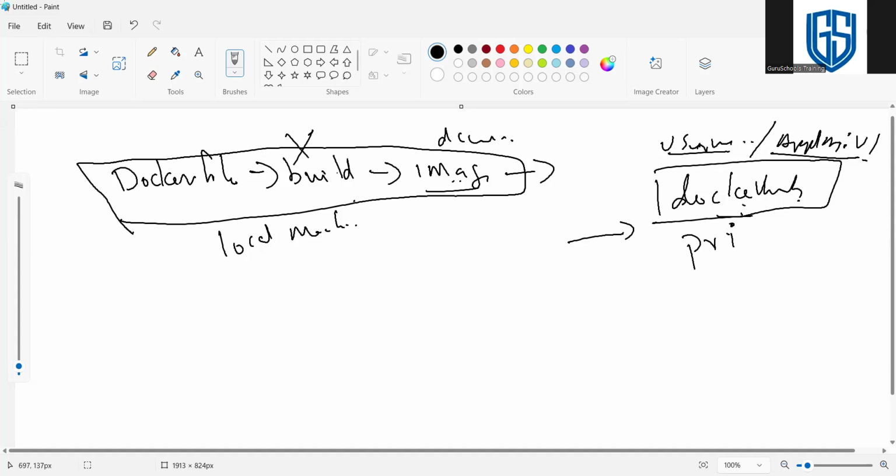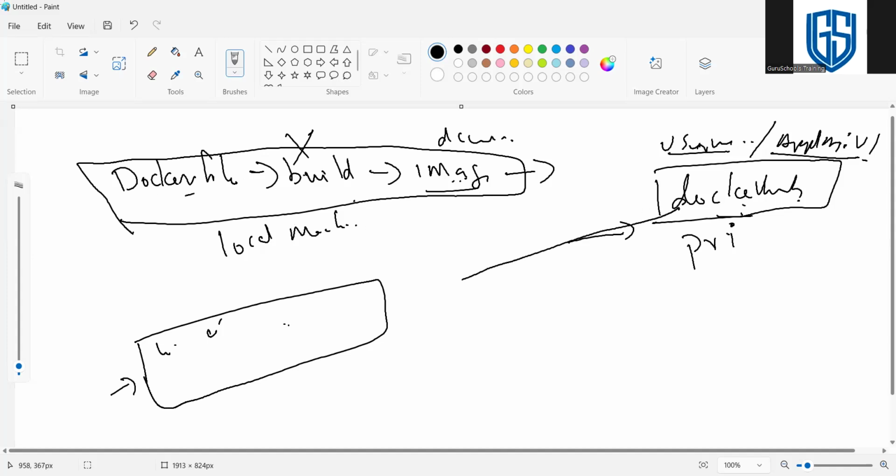We delete the machine or we leave the machine. After some time, we have one server. This server is local, like our local laptop or cloud machine or any machine, and we need to run the application using the image. So what we'll do? We don't need to create a Docker file and build. We can directly pull the image using Docker commands. Docker pull, then the image name. We need to specify the username /, then the image name.